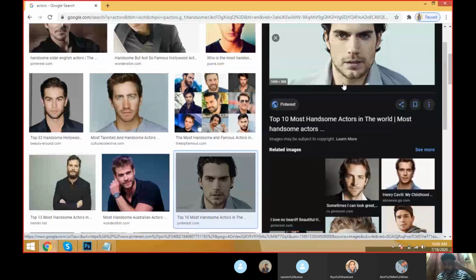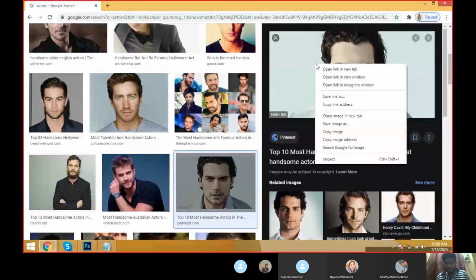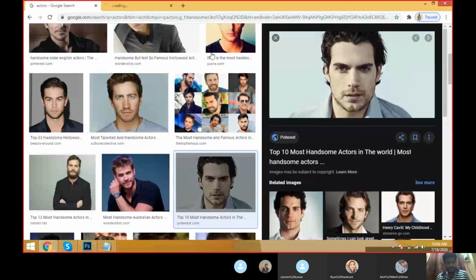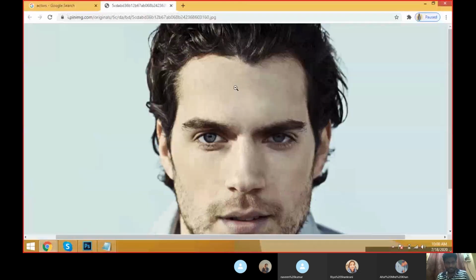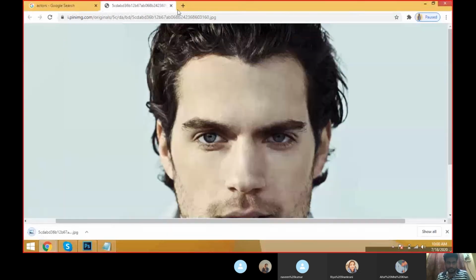How is this one? It is a single color background. I'm just taking it, come to the image in new tab like this, save it to the desktop and save it.